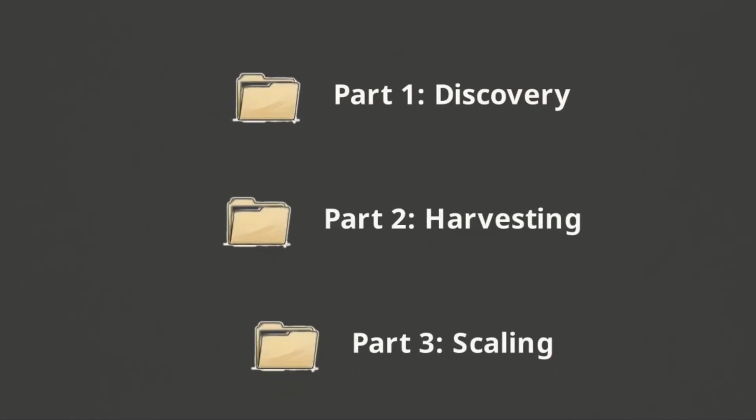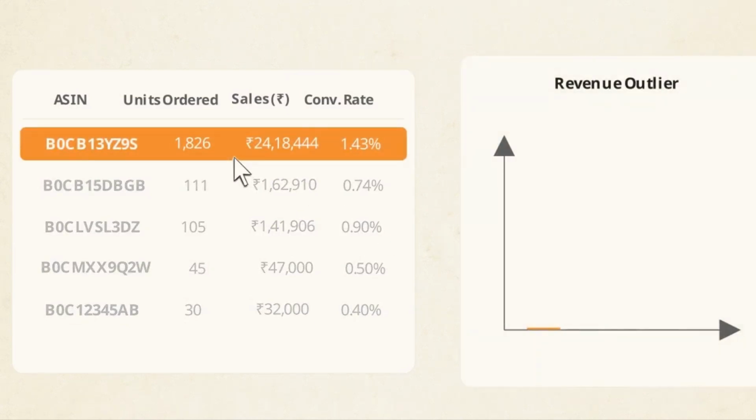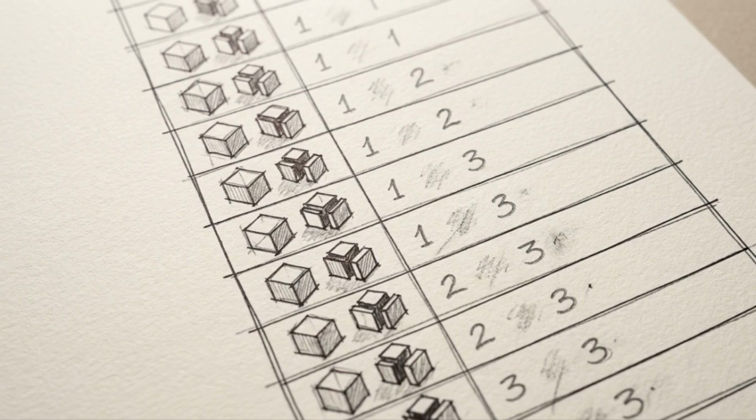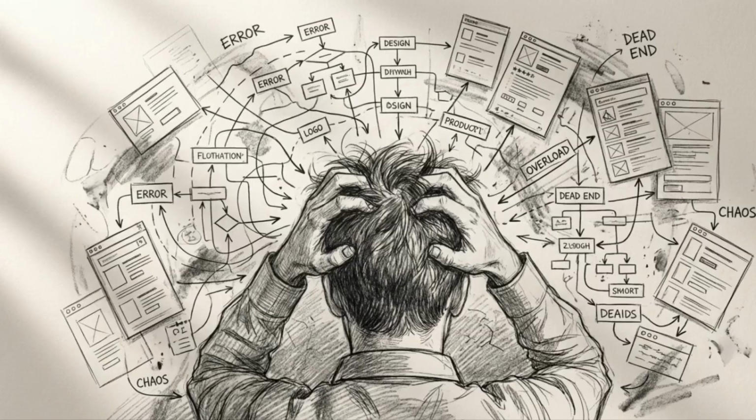These metrics result from a rigid 3-part campaign architecture. The strategy was strictly designed to locate a single mathematical outlier in the product catalog, isolate it, and apply concentrated budget to force an organic ranking flywheel. When the campaign began, the account structure was flat. Greenarium had over 40 distinct products live on Amazon, but lacked a central strategy to determine which item actually deserved